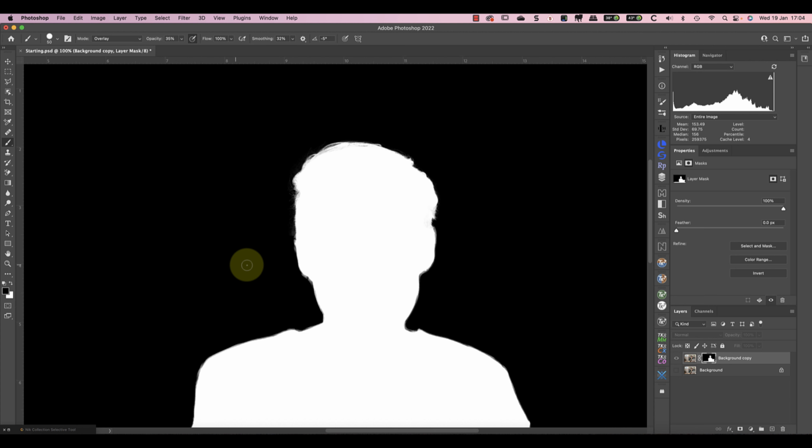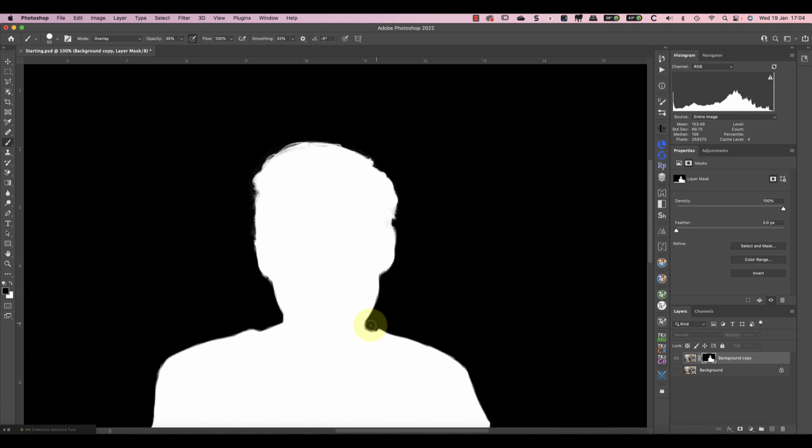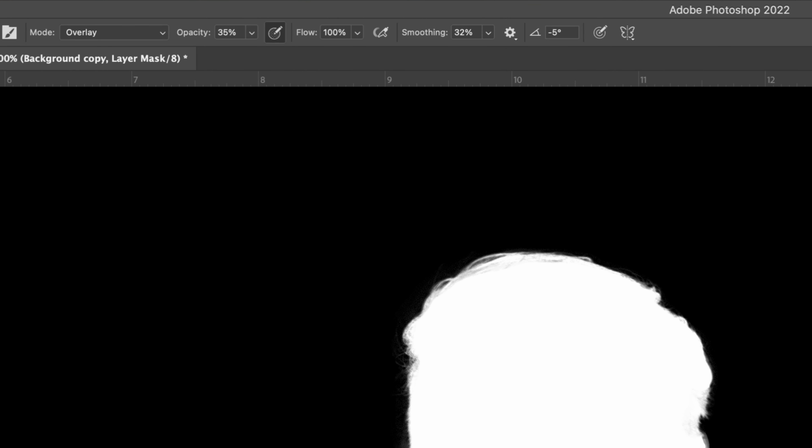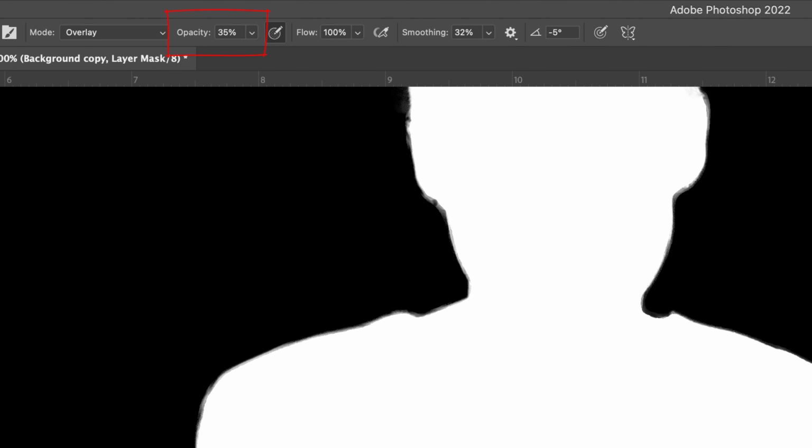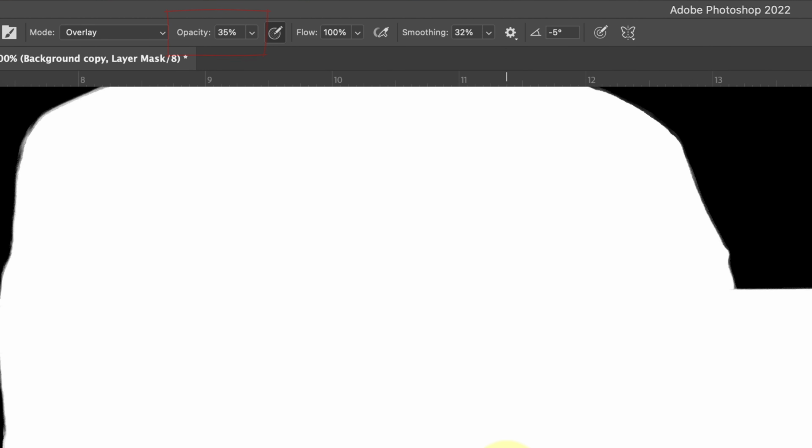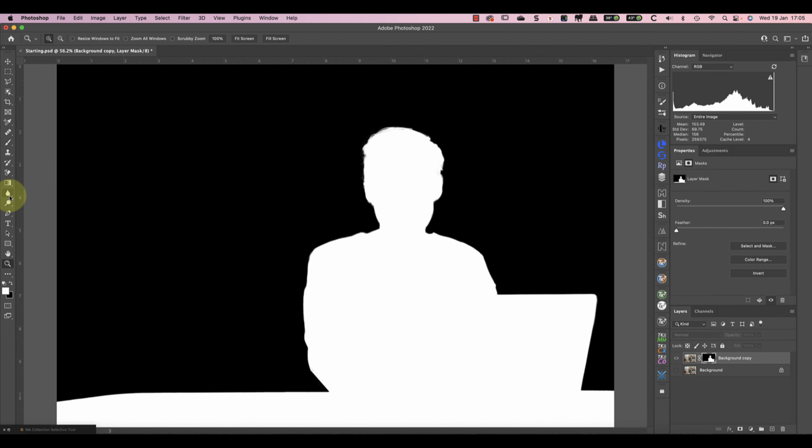Because you're using the overlay mode, it doesn't really matter if you spill over because you won't affect the opposite colour that you're painting with. If you use this technique, try not to have the brush set to 100% opacity. It can make the edges look a little false. When you do run into this problem, try painting over that area of the mask with the Photoshop Blur tool. A small amount of blur applied to the edge of the mask is often enough to soften the effect.